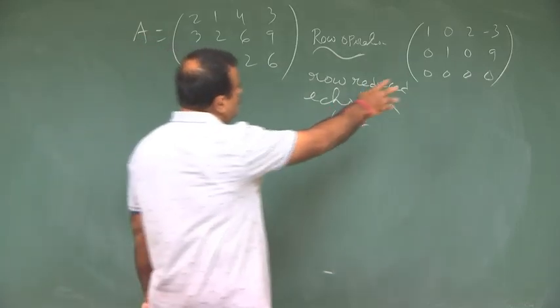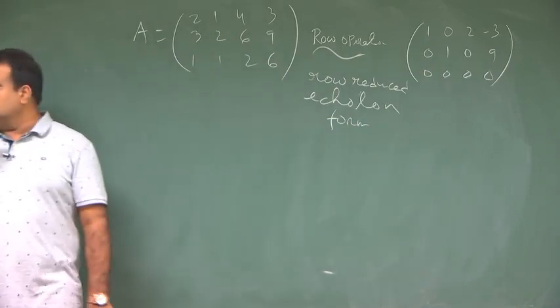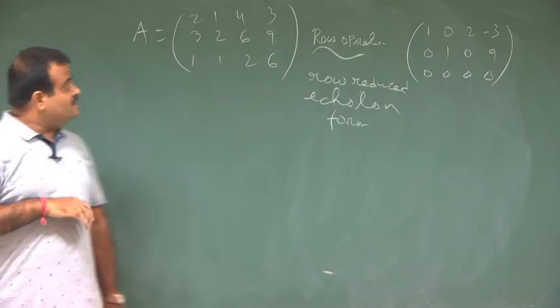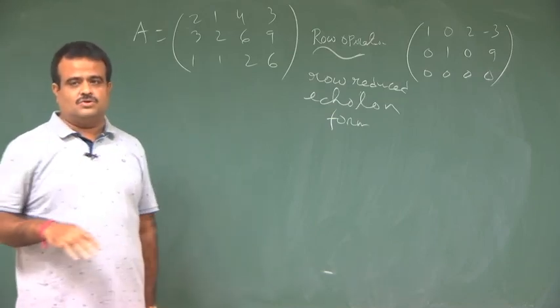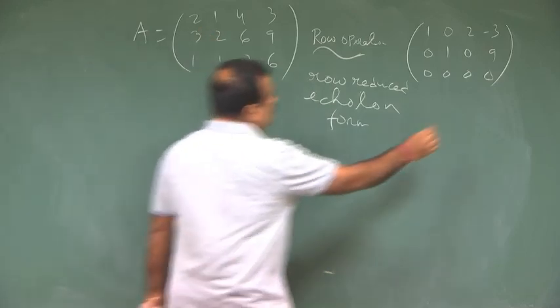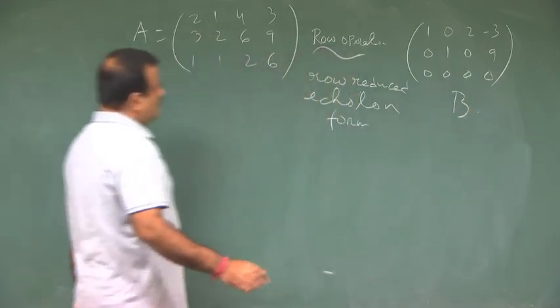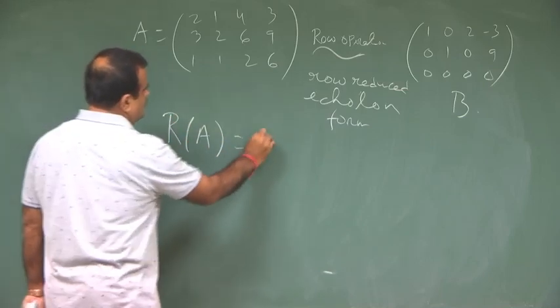But from here to get this, what did we do? We did just the row operation on these rows. So, that means this is still again a linear combination of these rows. So if we denote this matrix as B, then the row space of A is the same as the row space of B,